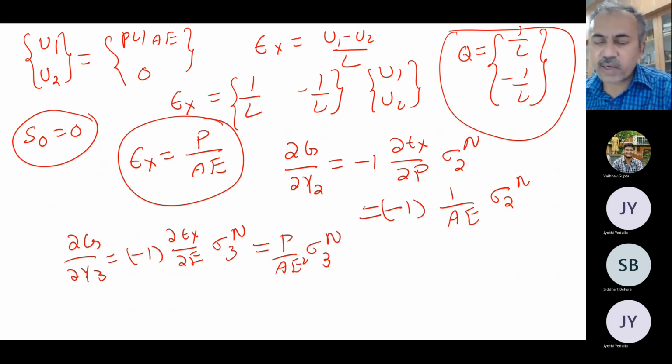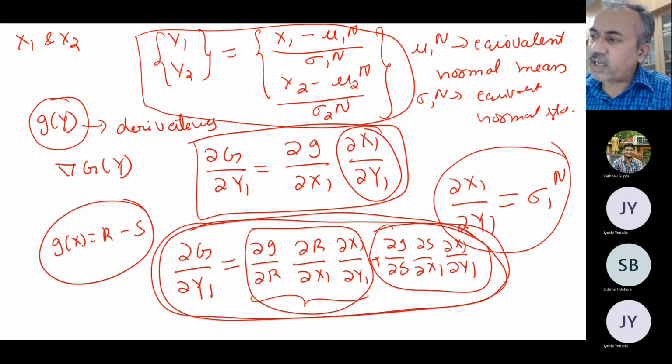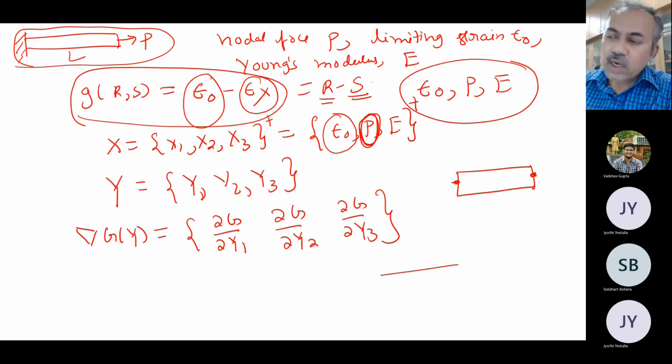So these are the derivatives basically. This way we can calculate in what we are calling a stochastic FEM. You do all these calculations, find out the derivatives, and once you know the derivatives and the performance functions, you can do your Hasofer-Lind iteration: you choose an initial design point, and then repeat your analysis. This is just to illustrate, for a simple problem, how to calculate the performance function as well as its derivatives by using this chain rule of differentiation. Now there are more variables, so multiple random variables.